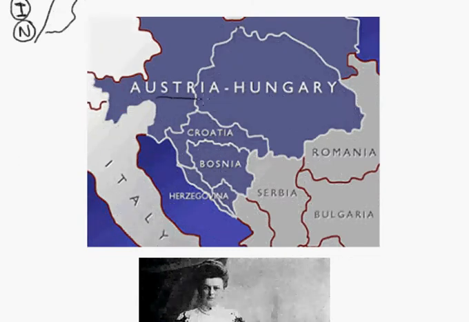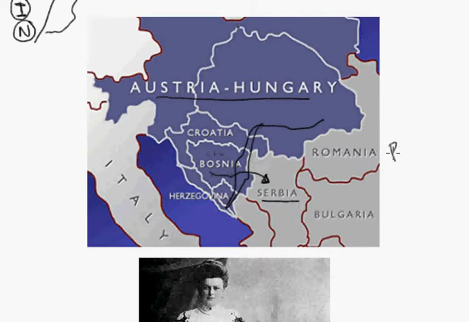The focus is Austria-Hungary, and Austria-Hungary controls a region called Bosnia. In this region, you can see, a lot of the people in Bosnia are Slavic, and Austria-Hungary is not a Slavic nation. So a lot of people in Bosnia and people in Serbia really want to see Bosnia switch over and join Serbia. Here's an example of nationalism. They want to see their ethnic group, the Bosnian Slavs, join the Serbian Slavs.